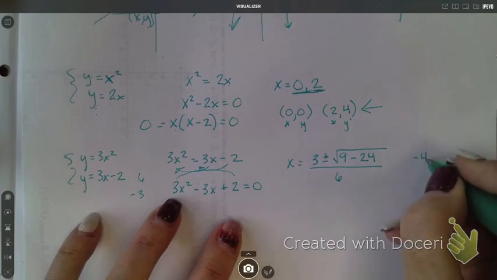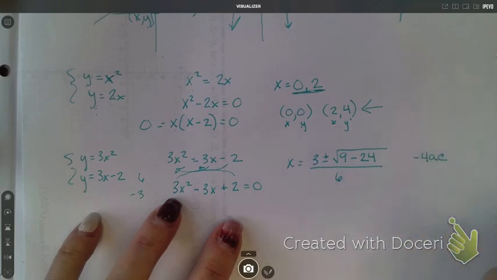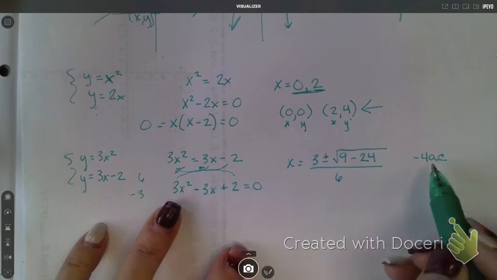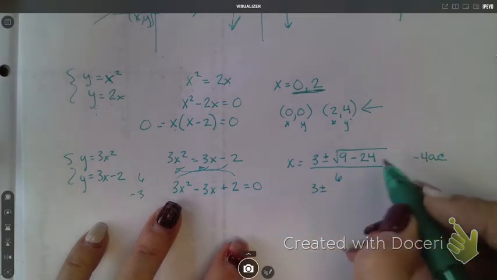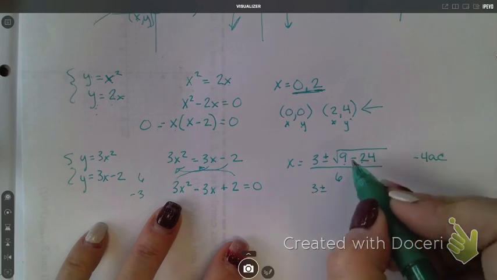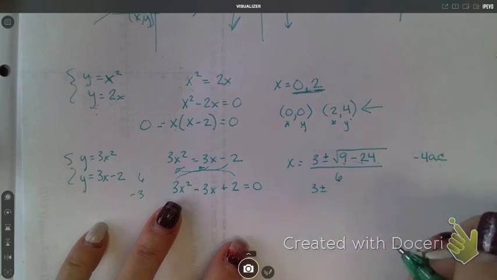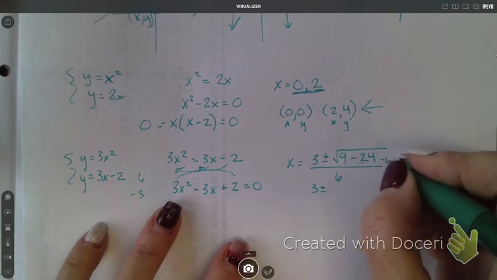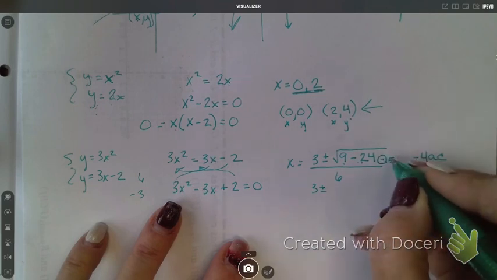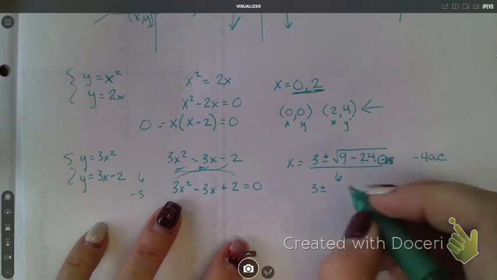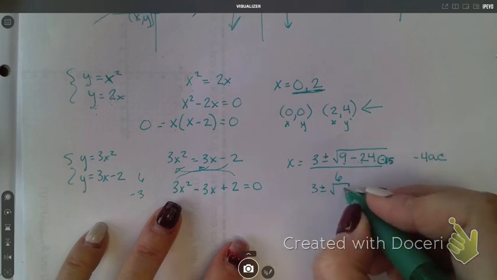Is it the 24 like this? That's negative 4ac. Yeah, that's what I thought. So ac is 6 times 4, and it gives me 3 plus or minus... well, what's 9 minus 24? It's negative 15. Yeah. So this negative is going to put a what in my answer? An i. So I'm going to have the square root of 15i